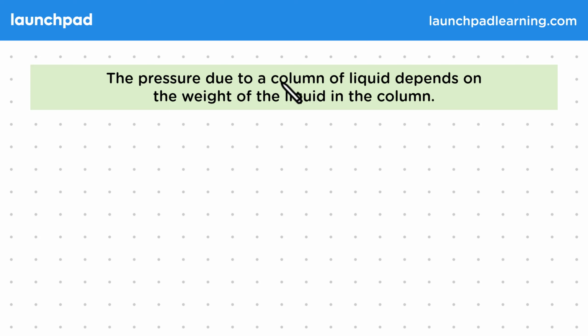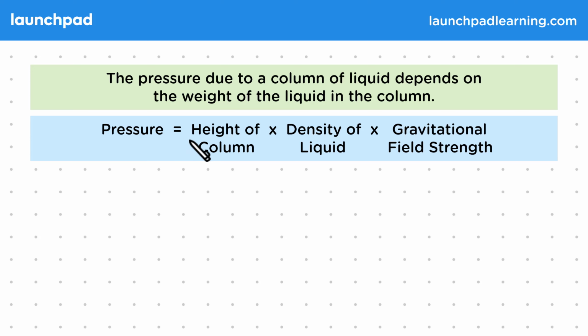The pressure due to a column of liquid depends on the weight of the liquid in the column. So remember that pressure is caused by the weight of the water above. So pressure is equal to the height of the column multiplied by the density of the liquid multiplied by the gravitational field strength. Density is the mass per unit volume, so it's a measure of how heavy a substance is